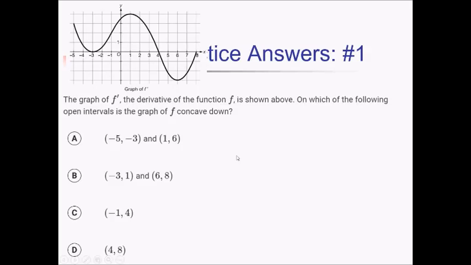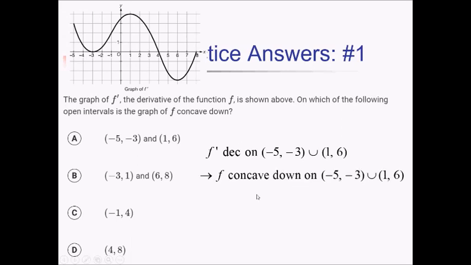For this problem, we're given the graph of f prime, and we want to know on which intervals the graph of f is concave down. So f is going to be concave down wherever f prime is decreasing. We see here that f prime is decreasing on the interval from -5 to -3, and also on the interval from 1 all the way down here to 6. So therefore, f is going to be concave down on those same two intervals,